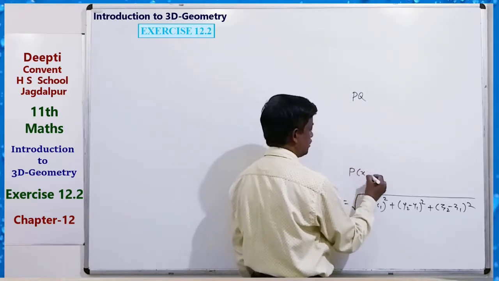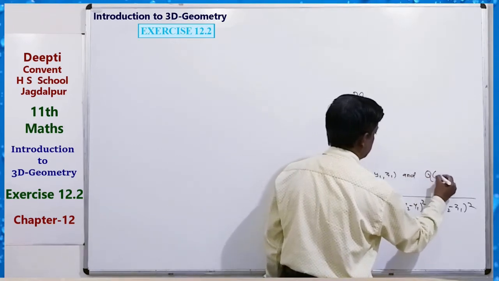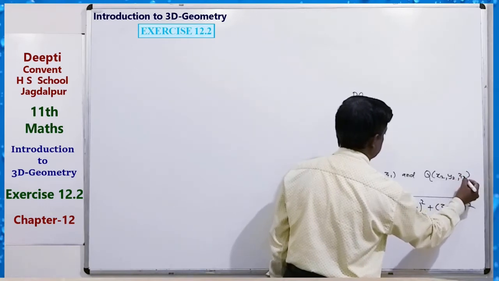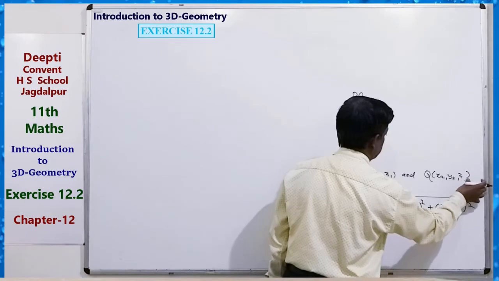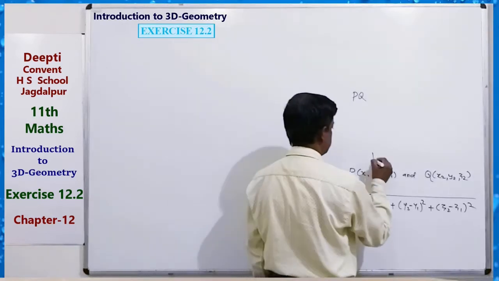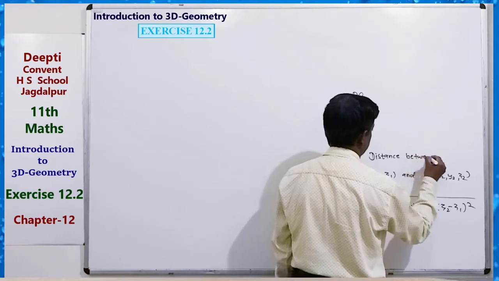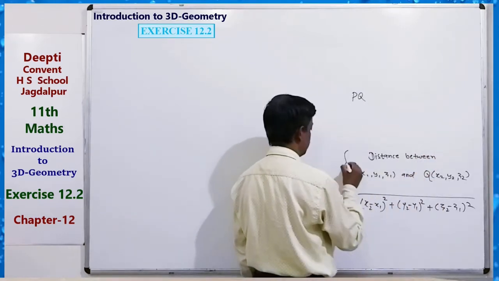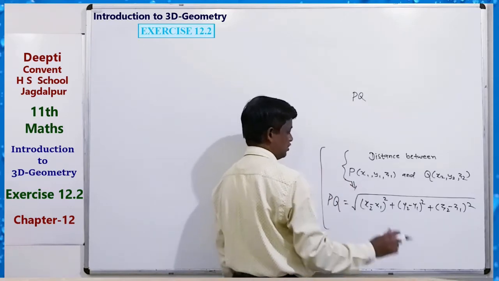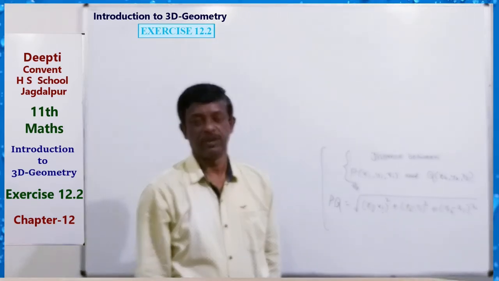Here P is (x1, y1, z1) and Q is (x2, y2, z2). This is the distance between P and Q. So this was our formula for the distance between 2 points. By using this formula, we can